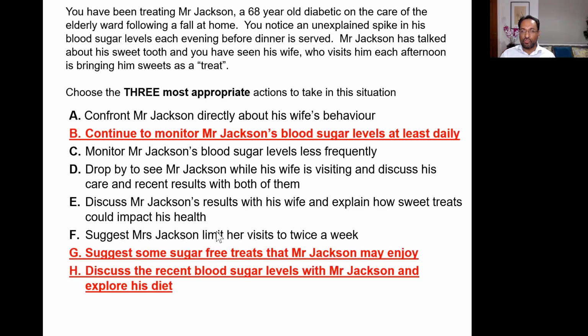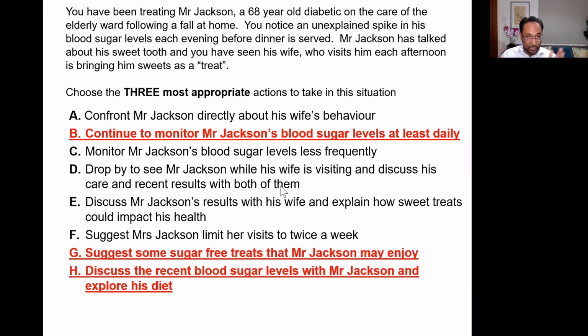It's not your role to decide how often someone can visit. Who decides that? The senior nurse on the ward, the matron, or the ward manager. They're the one who decides, okay? Sometimes, if it clinically becomes an impediment to someone's care, a consultant might suggest that someone doesn't visit as much, but it's not your role as an F2.